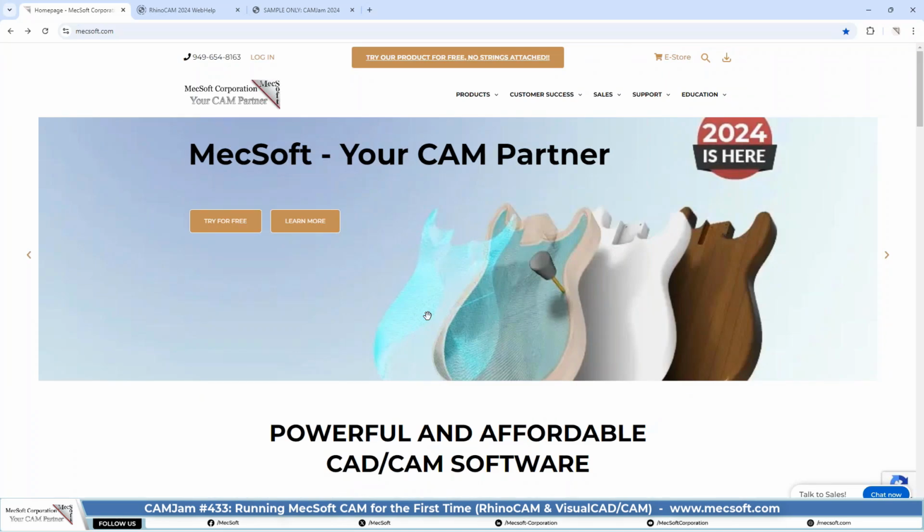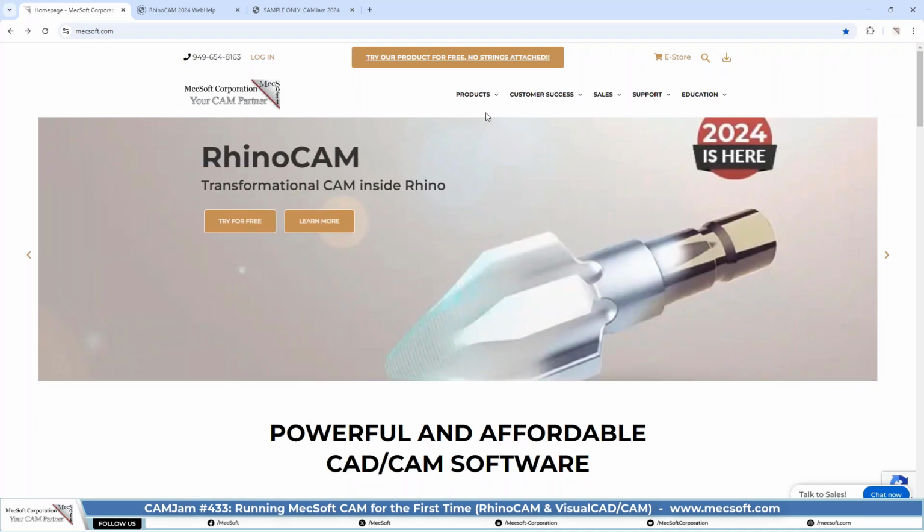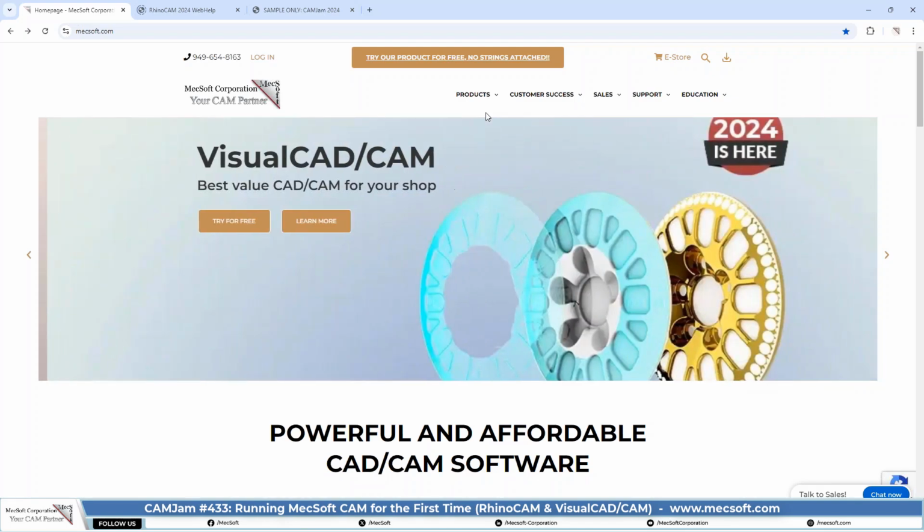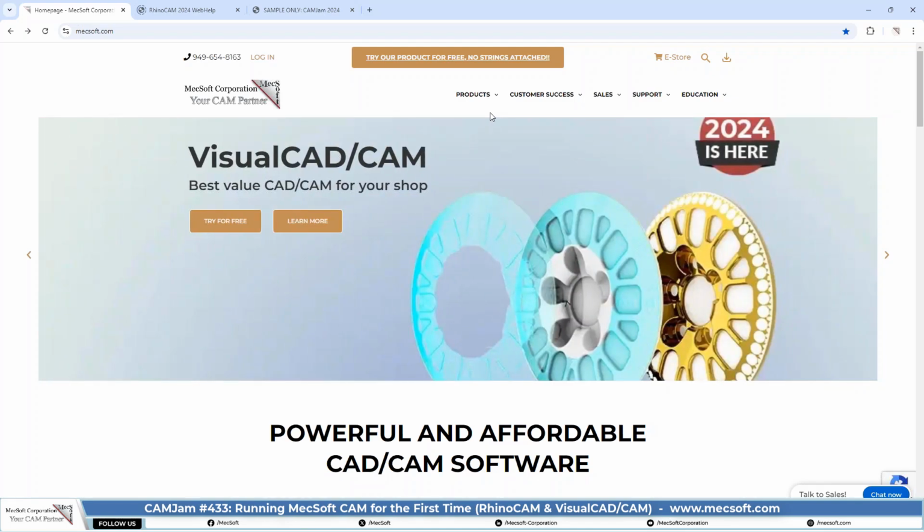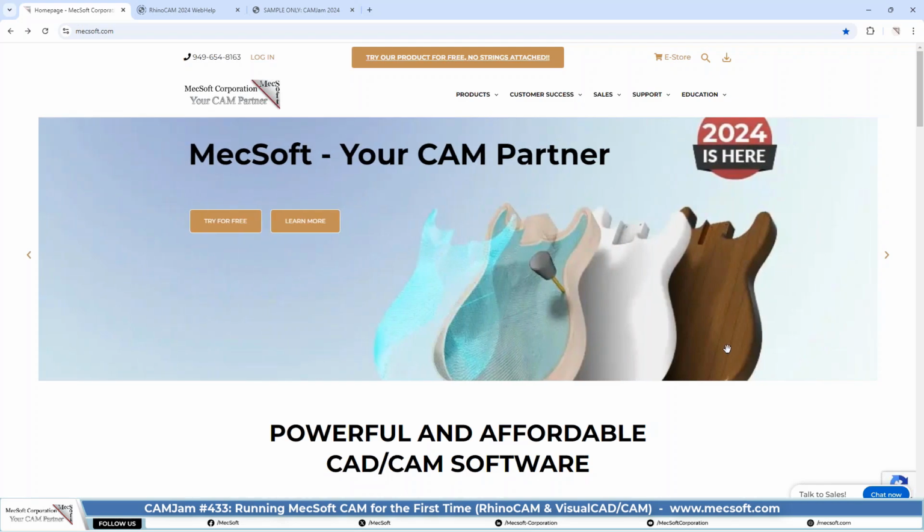Now, if you purchased the product already, you would have received a very important email, so you need to hang on to that. That email has your download link to download the product. It also has your login credentials to log into our website. We actually have a login portal that you can use to gain access to your resources.